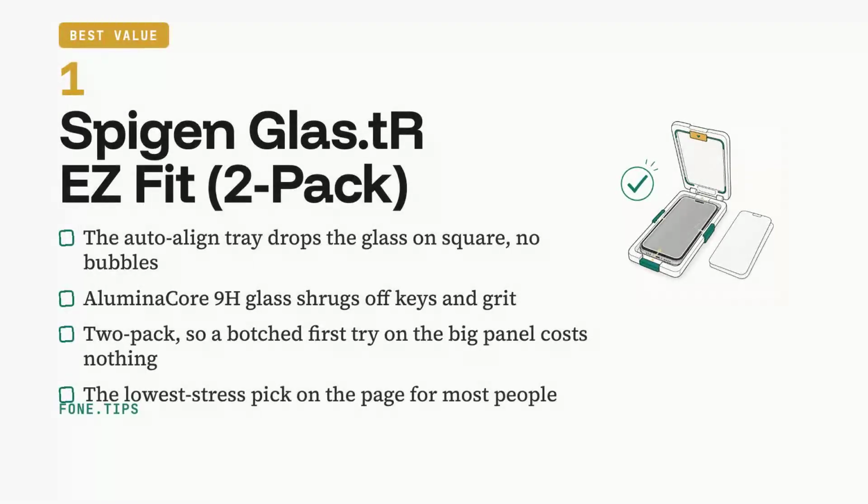Best value, the Spigen Glas.tR EZ Fit 2-pack. Its auto-align tray drops the glass on square with no bubbles, and the 9H glass shrugs off keys and grit. The spare pane means a botched first try on the big panel costs nothing. The lowest stress pick,